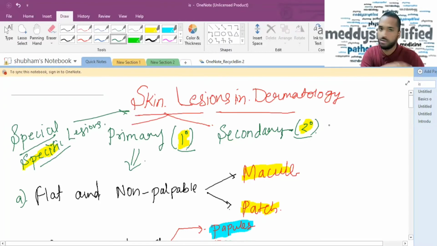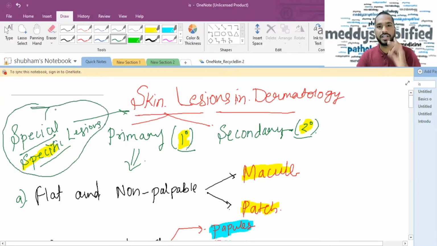After the primary skin lesion has occurred, due to some difference, some mistake, or something done, secondary lesions come, right? It is altered skin lesions and usually it is due to scratching, due to itching and scratching it occurs. Also it can occur due to the treatment also. So secondary lesion. And then the specific lesion or the special lesions are those lesions which are seen for a particular disease. So that we will talk at the end. So starting with this discussion first.